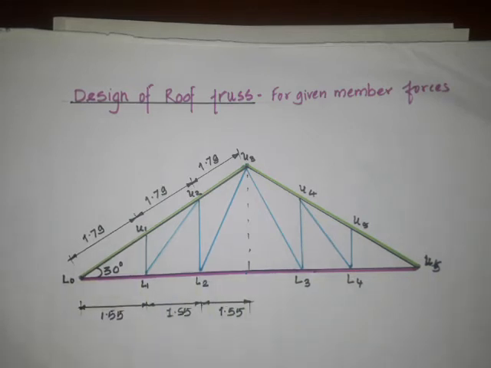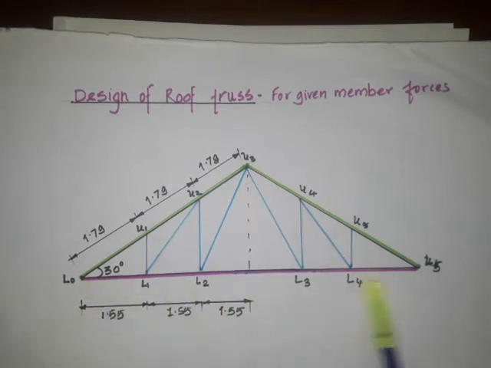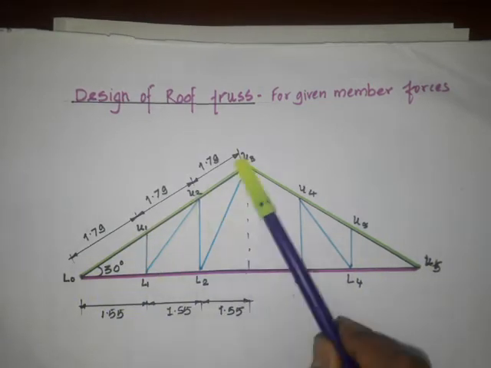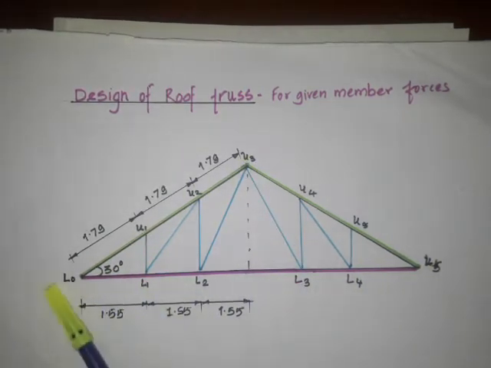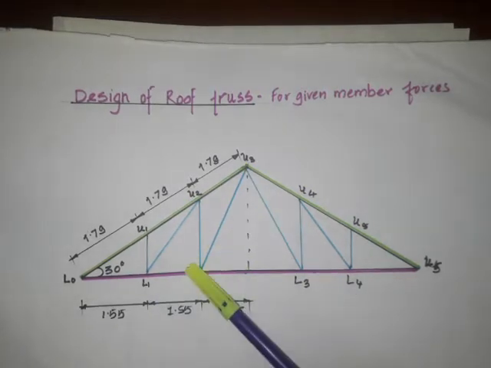But because of the time restriction, I'm not going to do the design of main tie. So what you have to do, you have to follow the same procedure that I did for principal rafter. Okay. So we have to finish the design of main tie by following the same procedure that I have adopted for design of principal rafter. Now in this session I am going to discuss how to design the main sling member.